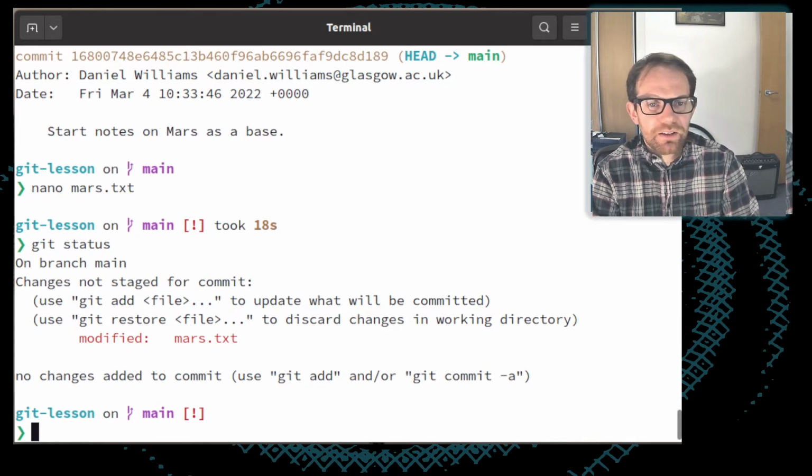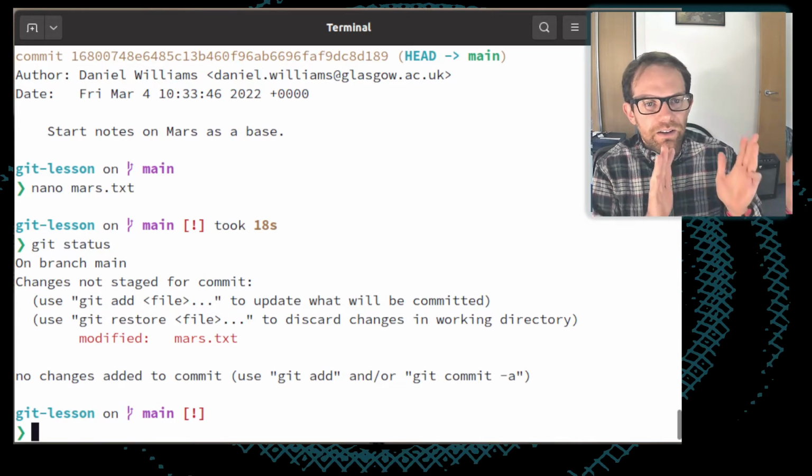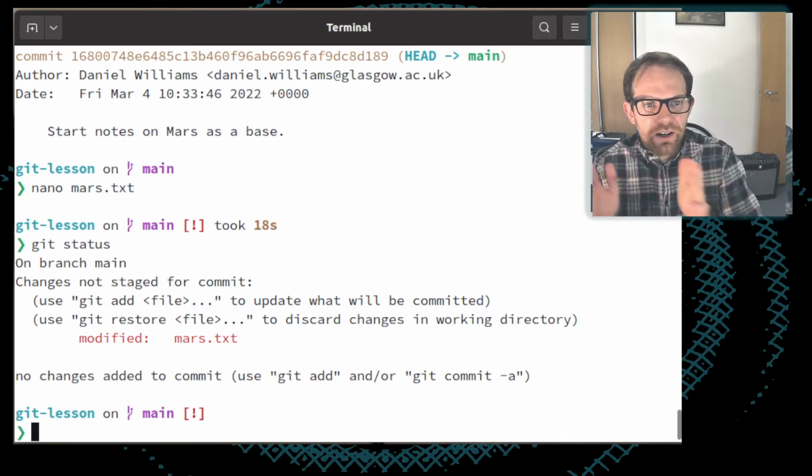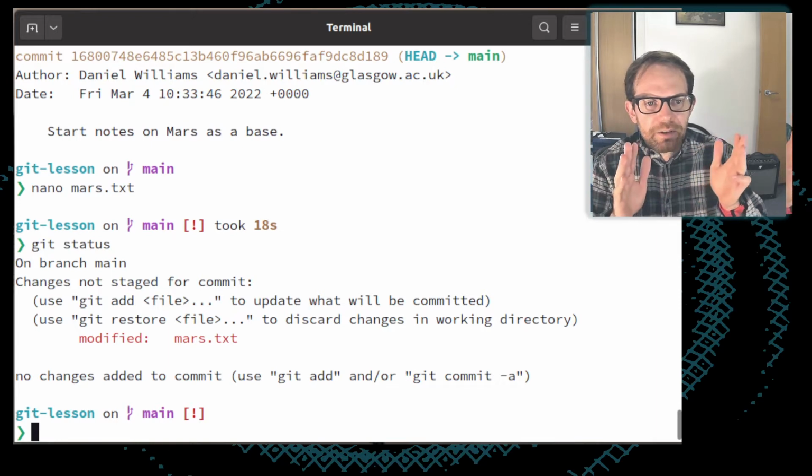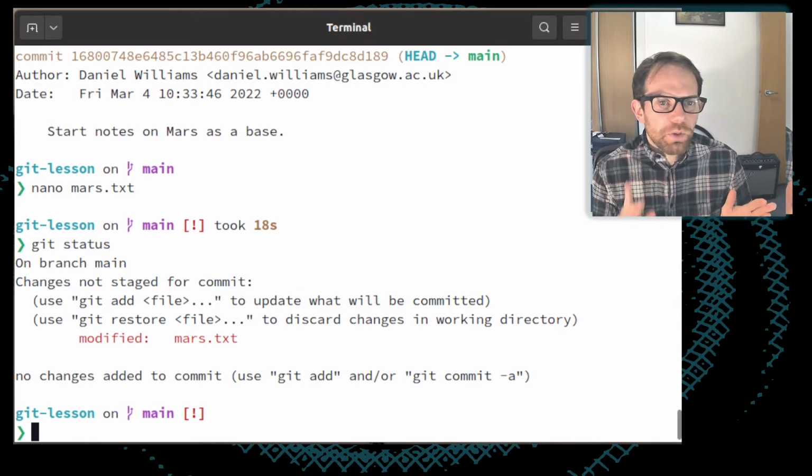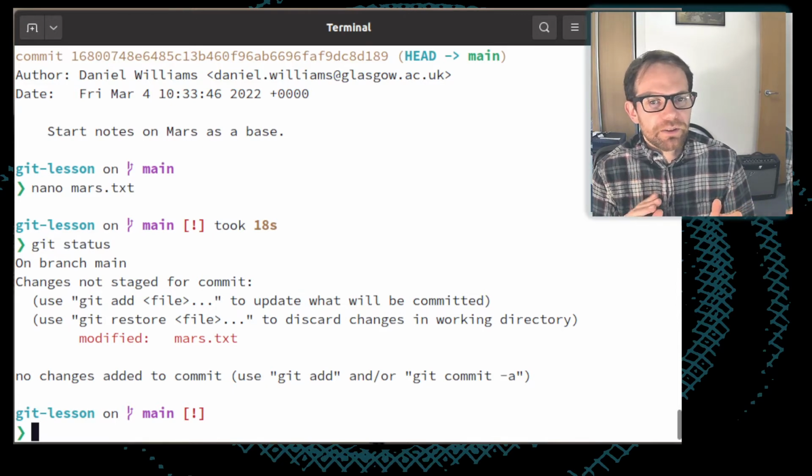So Git does this thing where it has its previous snapshot, and then it has a thing called the stage where it starts to work on the next snapshot. Don't worry too much about what this means. This is a little bit different from how some other version control systems do things, in that you can add some of the changes which you have made. So you can edit multiple files and only add some of them to the next snapshot. There are reasons why you may want to do this under certain circumstances, which is why Git allows you to do it, but it does make things very slightly more complicated to follow.